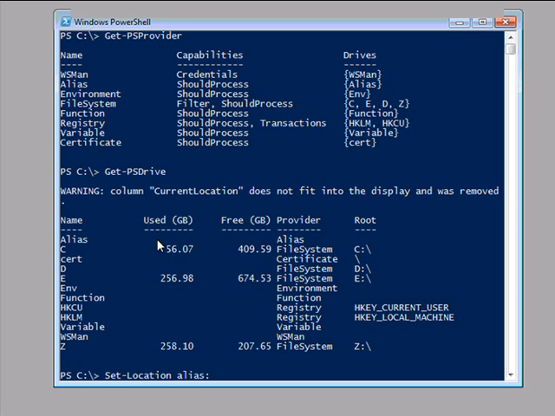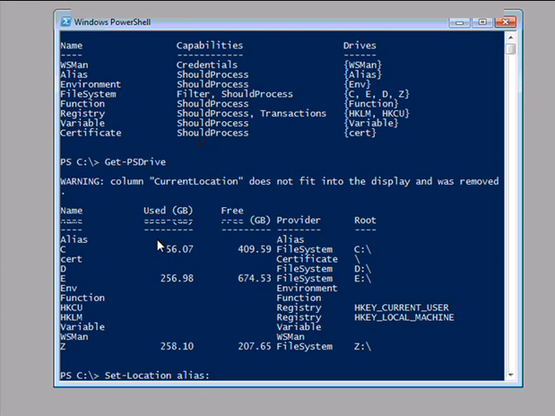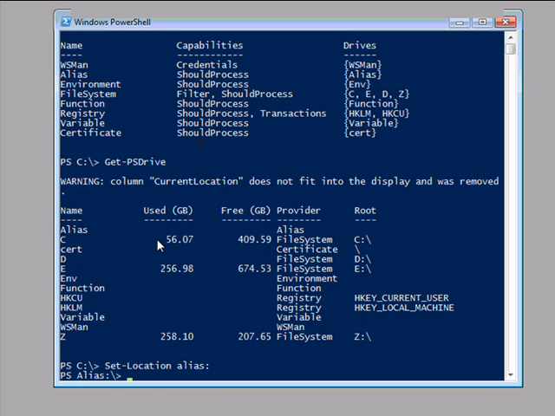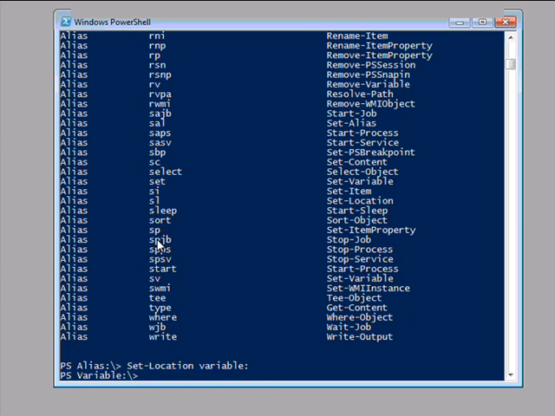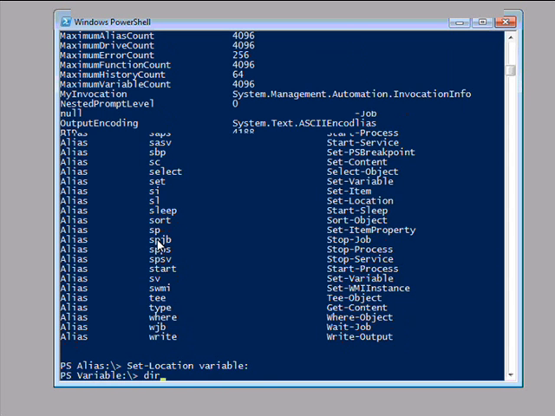So I just type alias and a colon. I press enter, and now I'm on the alias drive. And if I type dir, I get a directory listing of all of the aliases that are defined on my computer. I could set my location to the variable drive. Type dir. Actually, I just need to press up arrow and get this, and I get a listing of my